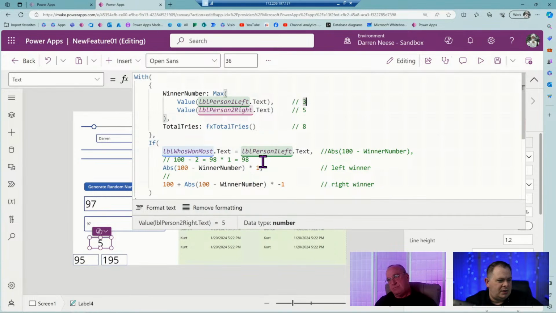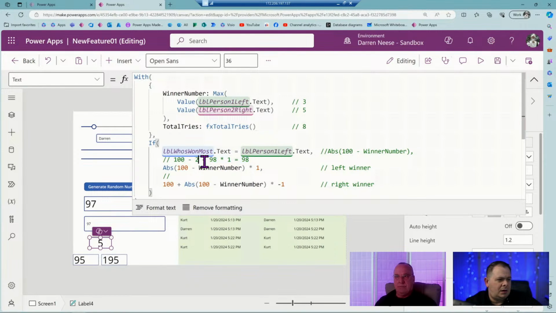So if we go down in here, this would be 100 minus 3, which would be 97, times 1. That would give us 97.